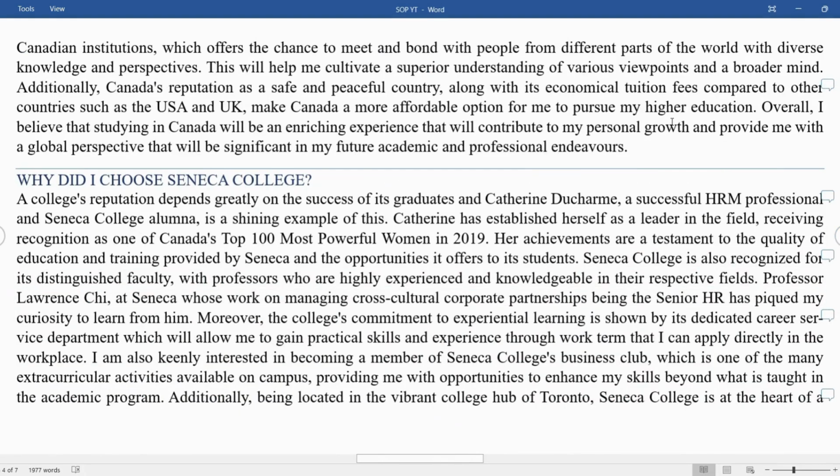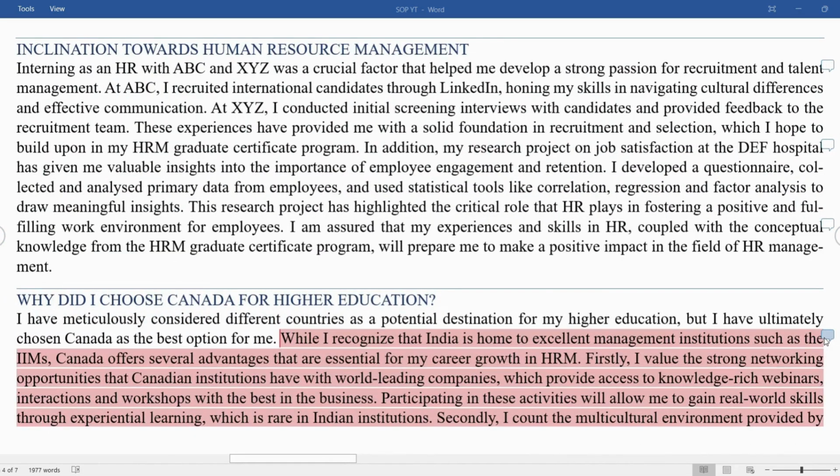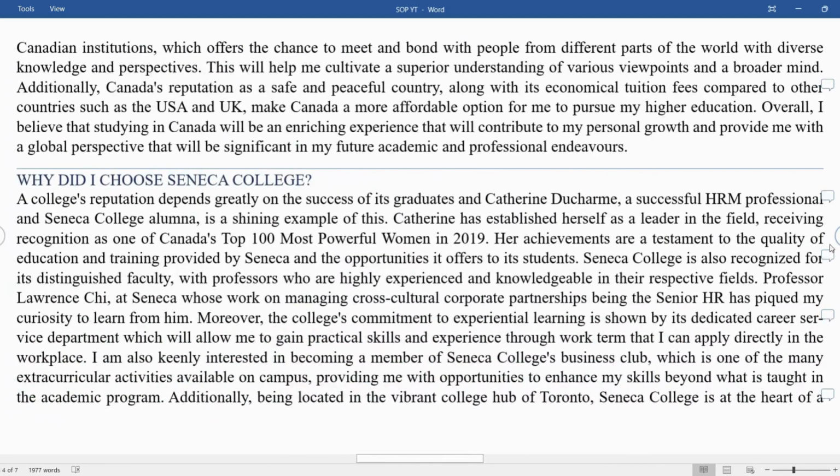So you can just read through mine so that you can get an idea. First, make it specific to Canada, okay? So first deal with why Canada and compare it with India, like I did, your home country. And then you can mention all the other countries. How is Canada more affordable for you? Or how your field is growing or thriving in Canada. So mention the other countries and then complete. Always complete with you. Okay. Why did you choose Canada? Final pointer.